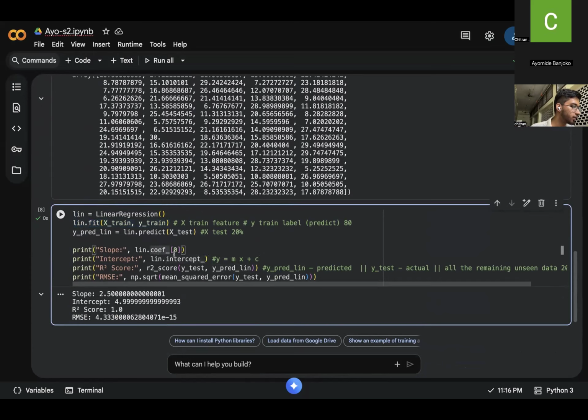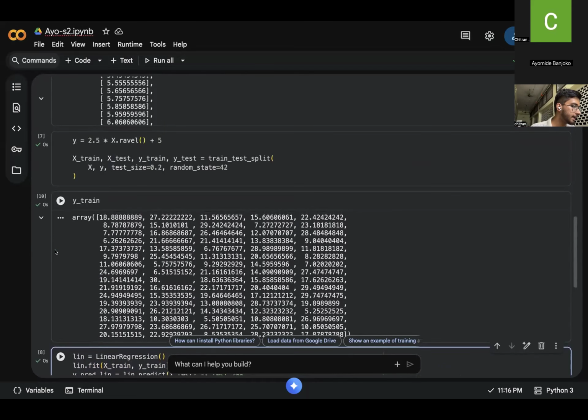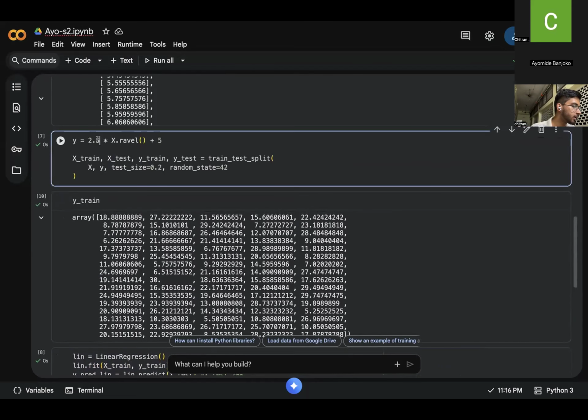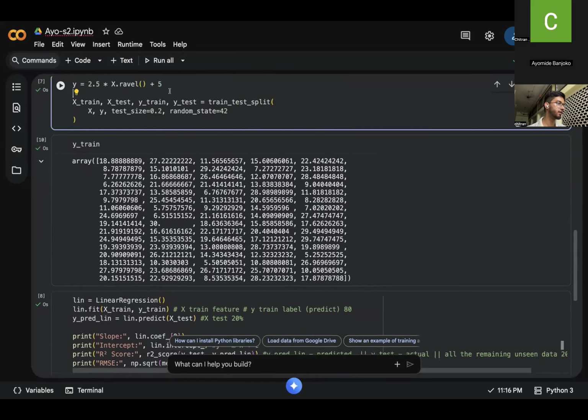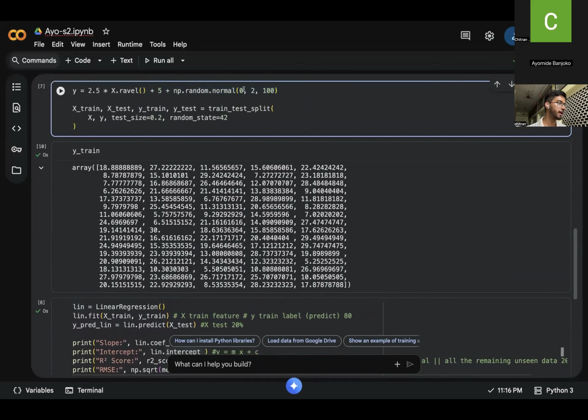Interestingly, this coefficient and intercept are the same as what we used for generating our synthetic labels. That means it learned the values correctly. Earlier, what we did was we added this noise, some random values, due to which there was